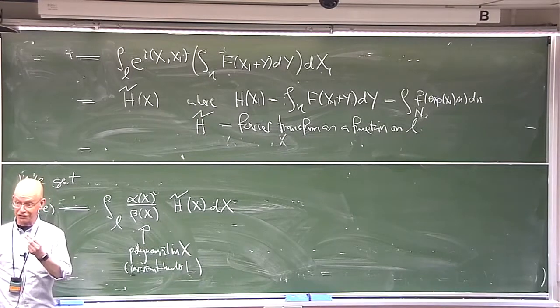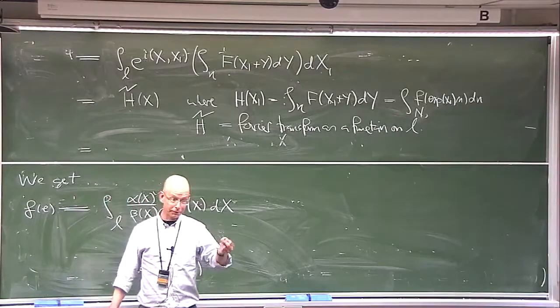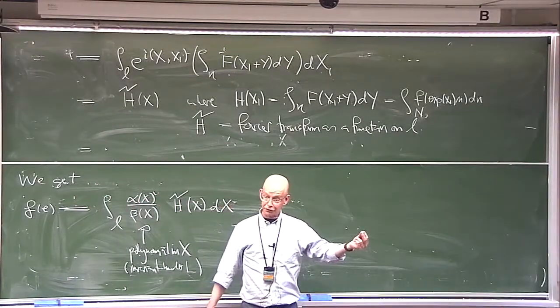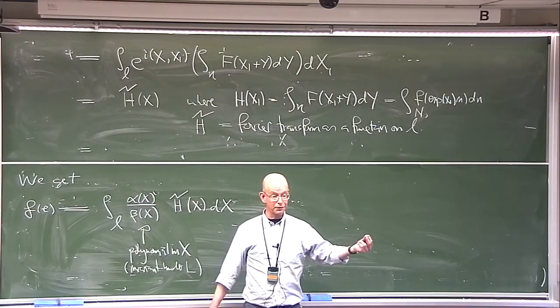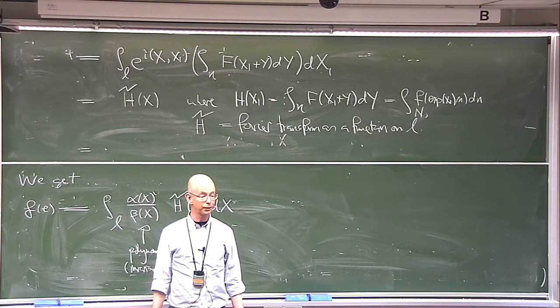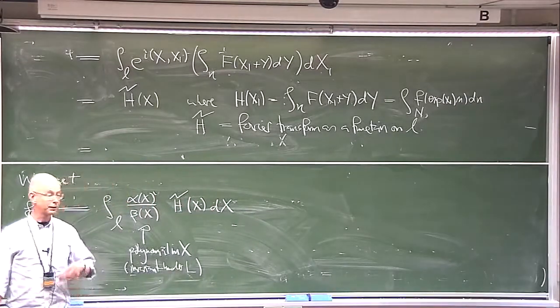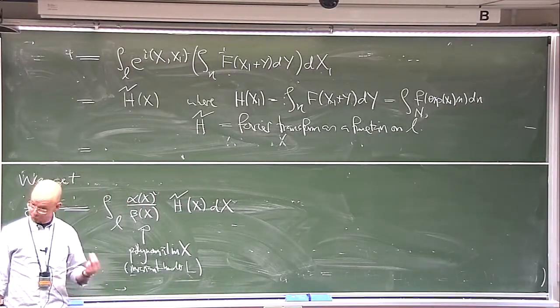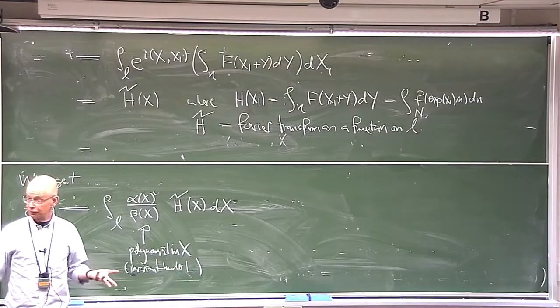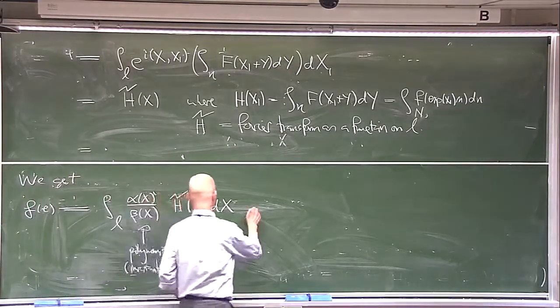I have a function. I take its Fourier transform. Then I multiply by a polynomial. And then I take the inverse Fourier transform. If I do that, it's the same thing as taking the function and differentiating it with respect to some differential operator. Multiplying the Fourier transform by a polynomial is the same thing as differentiating the original function by some differential operator, depending on the polynomial, of course. So another way of writing this